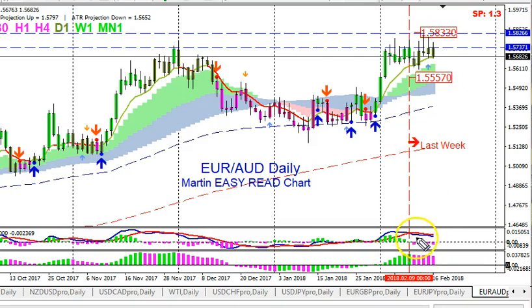Look at the MACD. The MACD blue line is below the red line, so there's a short-term pullback. The momentum to the upside is not strong at all. The momentum to the upside is weakened, and here you can see pink, the trending indicator. So we are in a sideways or downtrending